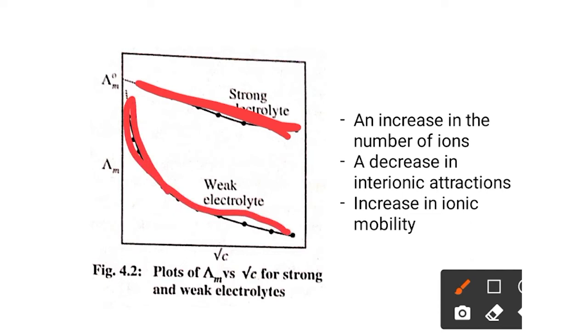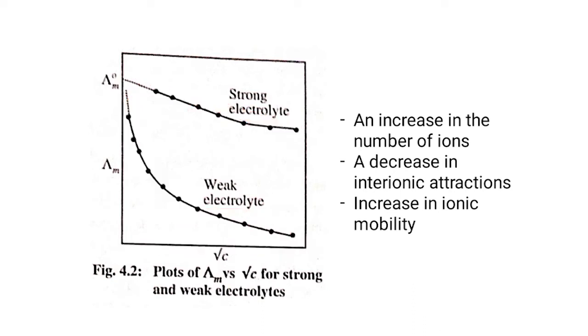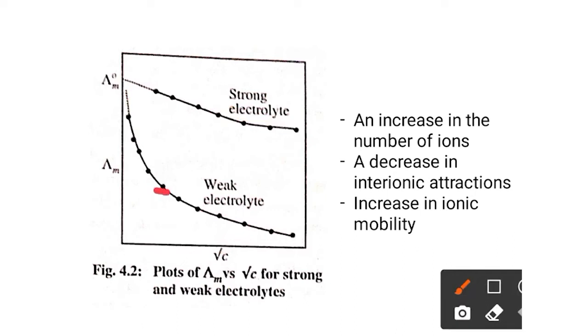So particularly at a higher concentration, this variation is rapid for weak electrolyte. So here this axis shows the concentration. So for lower concentration, that is on dilution, at higher dilution, the increase in lambda m is rather rapid